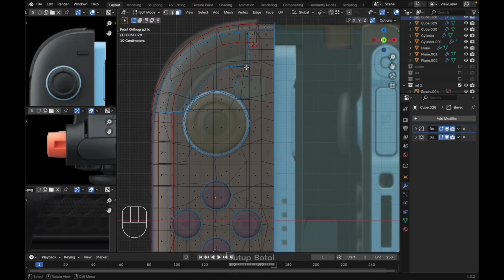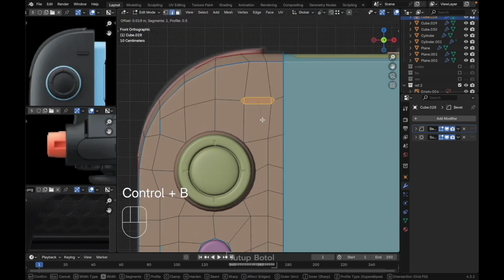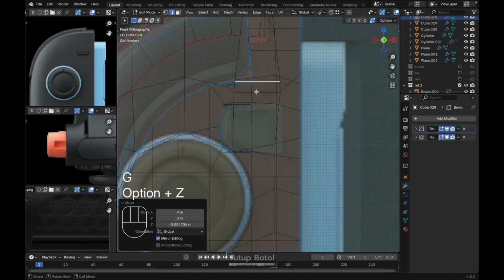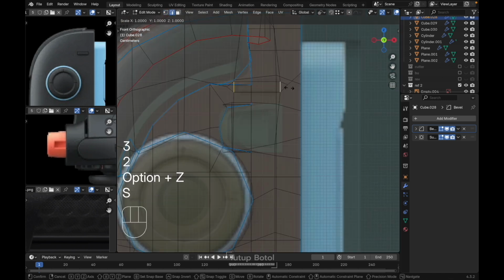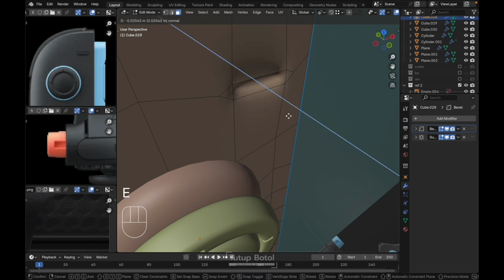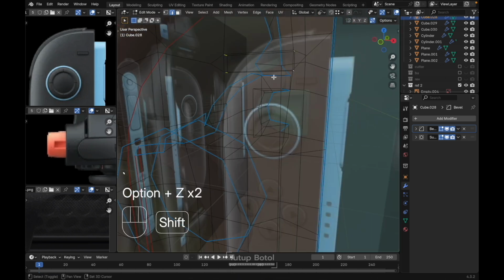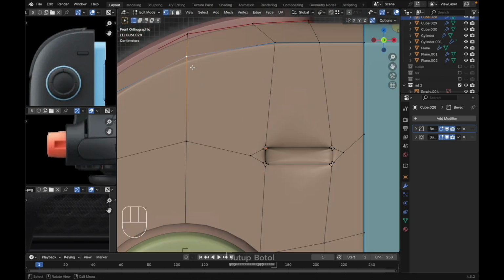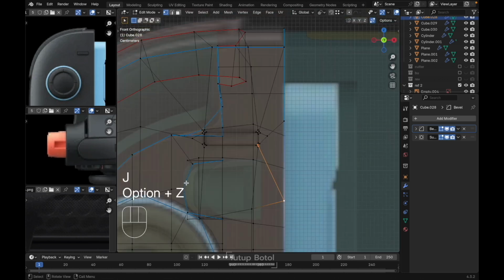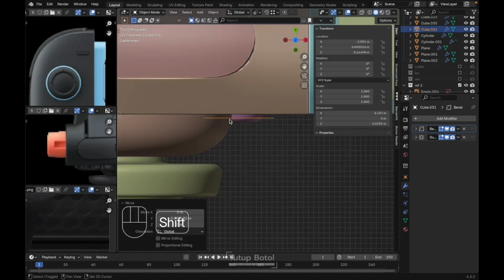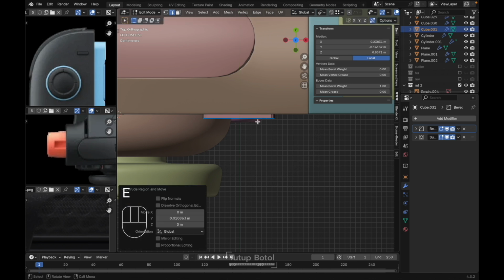Okay, let's create the minus part here, just bevel here, select this face, E to extrude back here, select all of this, Ctrl B bevel, 2 segments, click this, join, add a bevel weight, Shift D to duplicate it, P selection, object mode, move it to the front a little bit, extrude on the Y axis, F to fill,